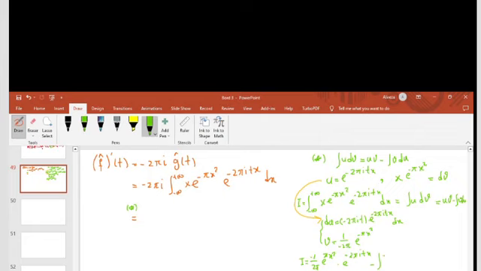This is our v, minus 1 over 2p e minus p x squared, du, minus 2 pi i t e minus 2 pi i t x dx. Okay,